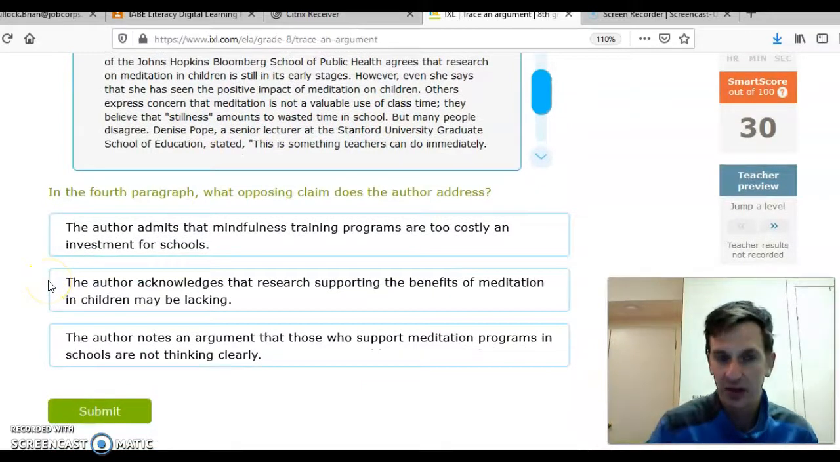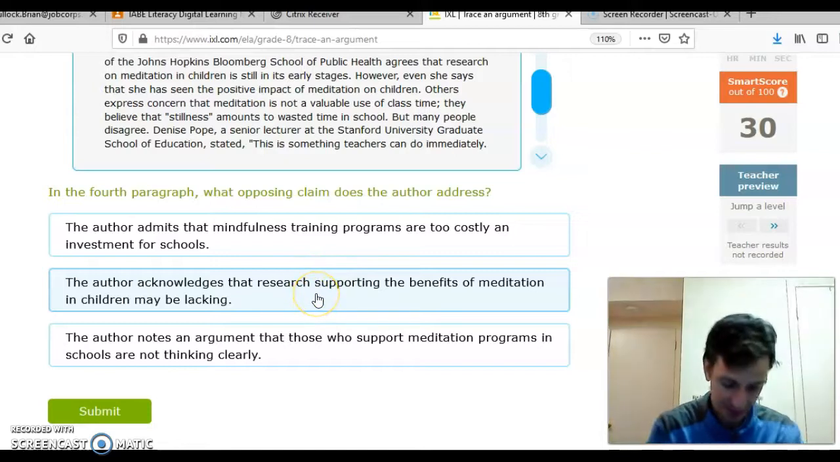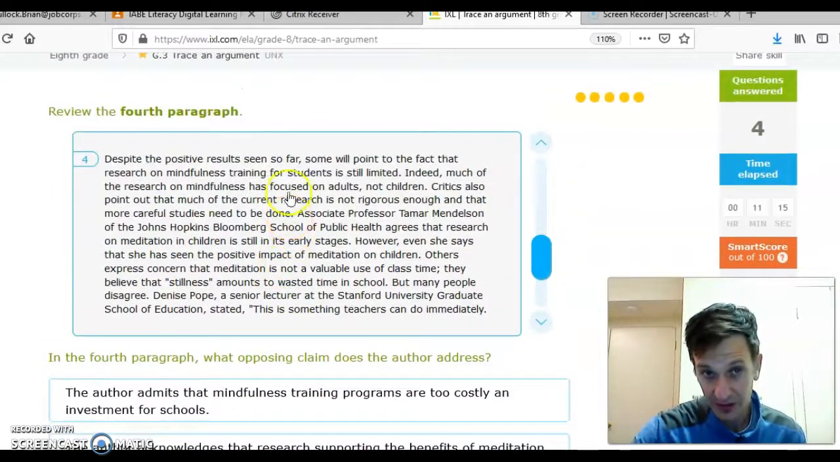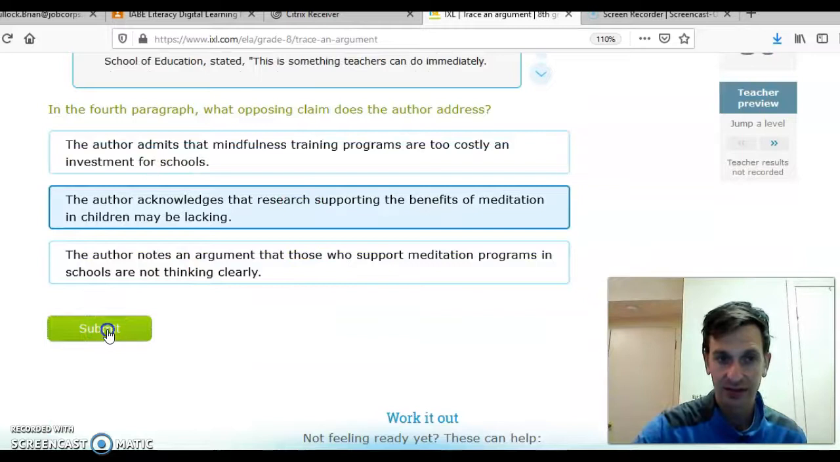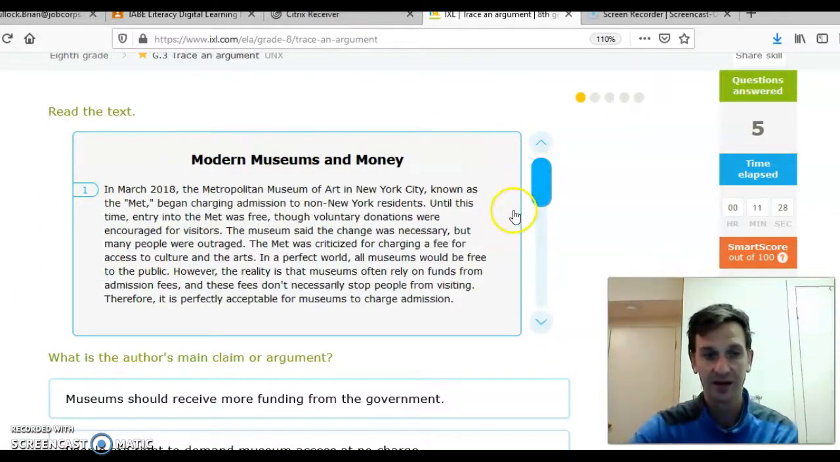Alright, too costly, it doesn't say anything about that. Research supporting the benefits in children may be lacking. Or the argument that those who support are not clearly thinking. So clearly it says that it's more focused on adults and not children. So the reports on children are lacking. Okay, so